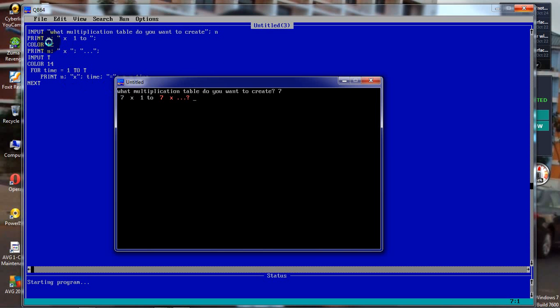We have print. Now we have what multiplication timetable do you want to do? Now because we entered 7, it was stored in a variable name called n. Now we have n, which is 7 here, times what? 1, 2. Now because this one is a semicolon, it suppresses it and is trying to bring this print line